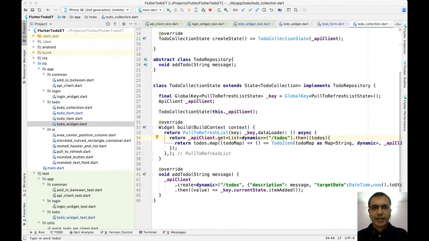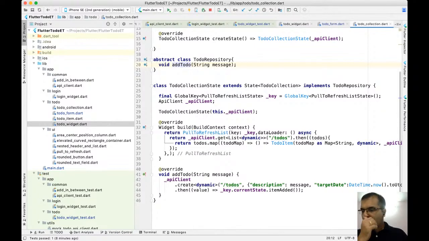And this is a perfect example. While writing the test, I didn't think of the fact that this particular method had to give a reply back whether the to do has been added successfully or not, because this particular condition has not arrived to me as yet. That is also called the YAGNI principle. It's called You Aren't Gonna Need It. So you don't write the code till you actually feel the need for it. But as I am going to refactor this, I know that I am actually covered by my test cases.